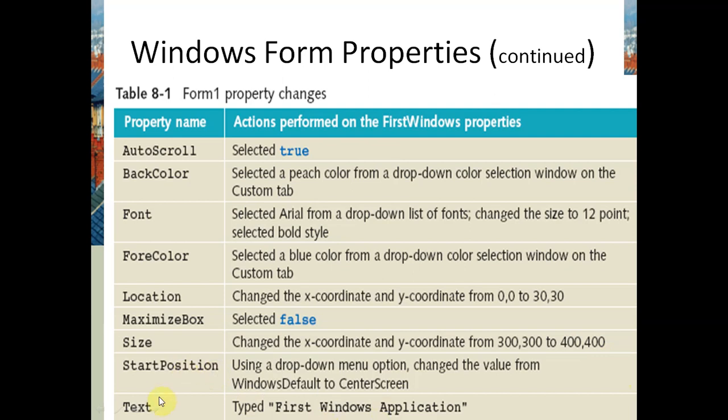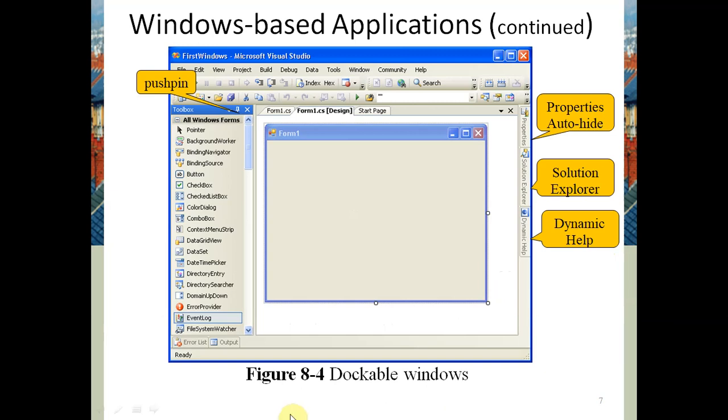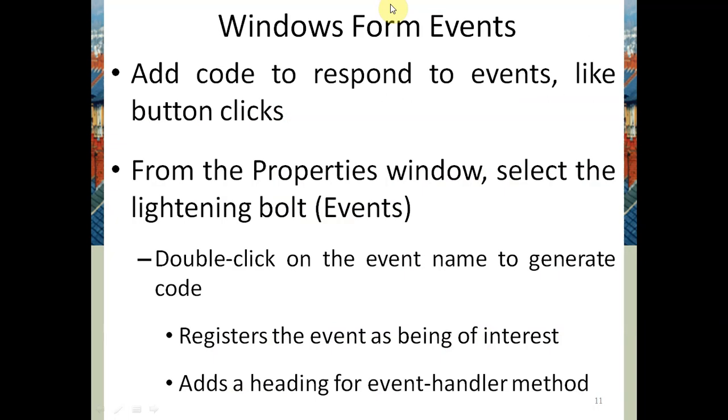coordinates. And start position, tags, we can write here first window application. So this is the tag which can be put here. Suppose we change it here, then accordingly it will change. So you can see here first property window will be displayed here. So these are the tags of this form.